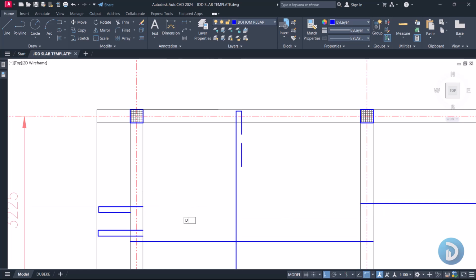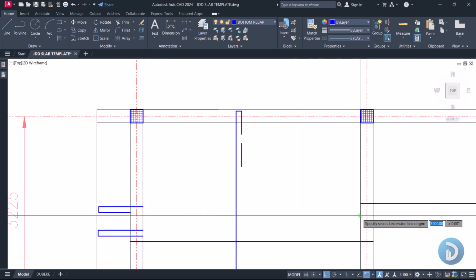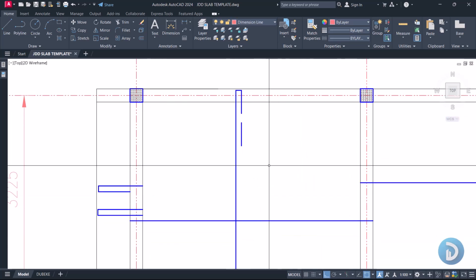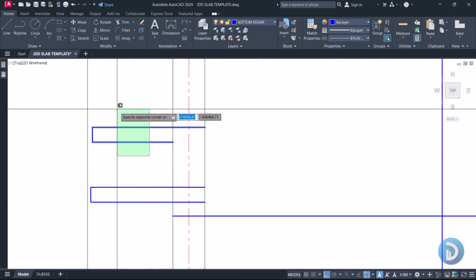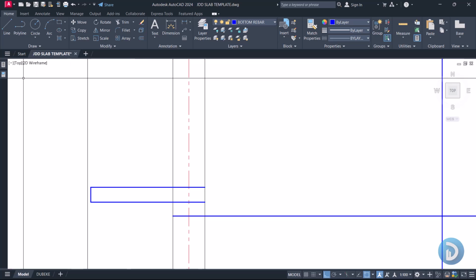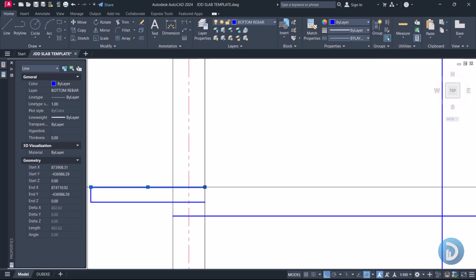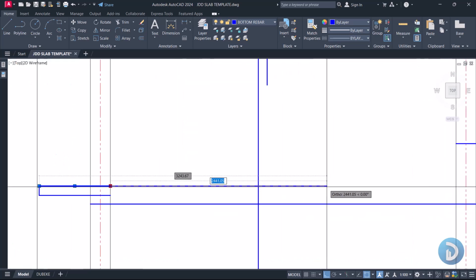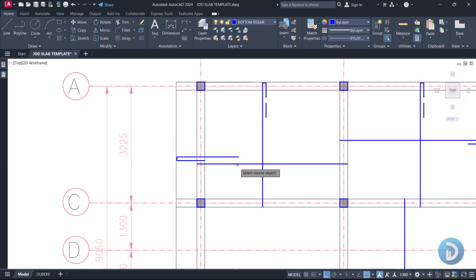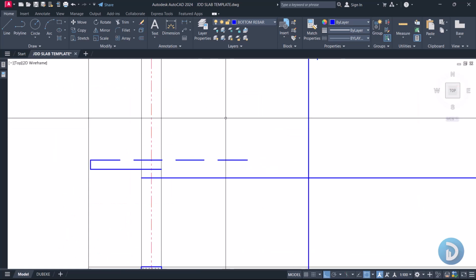So what we'll do is we'll dimension this, and this length we have 3.9 meters. So let's erase this, then we can divide 3,900 by 4. Then we have a length of 975, which is greater than our 50D of 600 millimeter. So this reinforcement should return as a top bar into this part as our 975. Okay, so now we can match the properties of this to this,